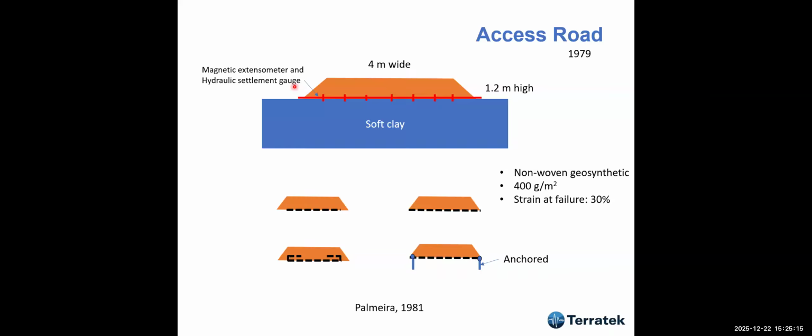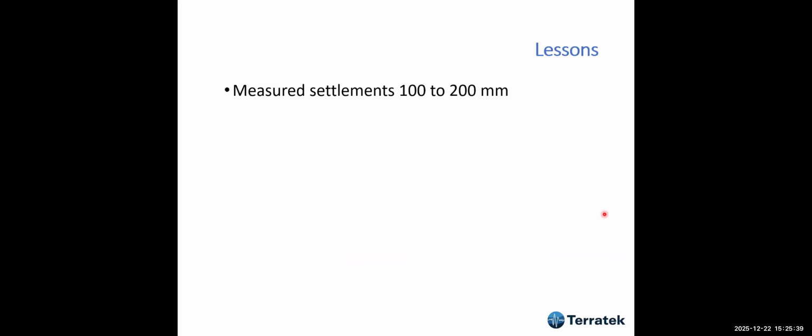In the beginning, I thought this wouldn't work. And why? Because we had the failure of embankment 1. And the failure of embankment 1 happened when the strains at the base were 5%, more or less. I calculated that. And the strain at failure of this geosynthetic was much larger. And I thought, may not work. Let's see what happened.